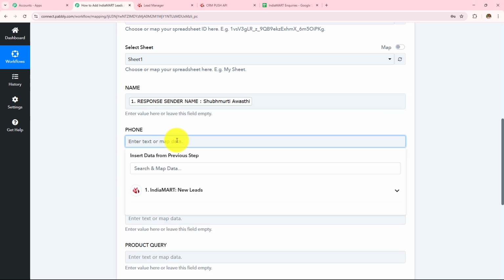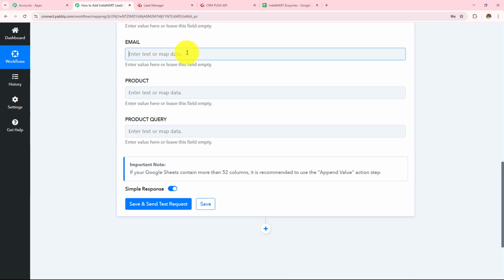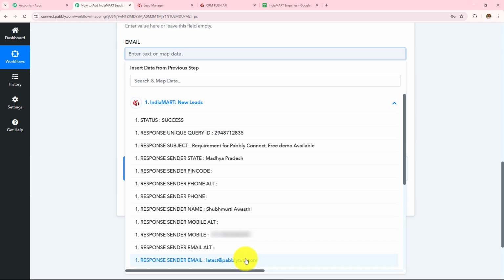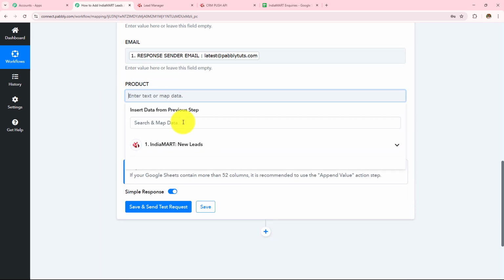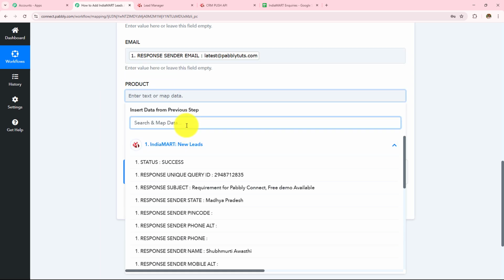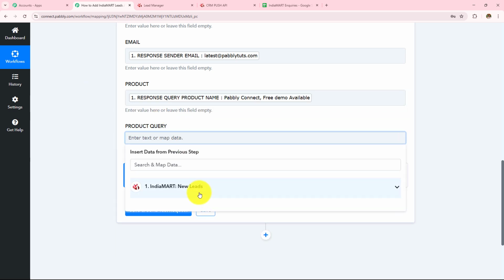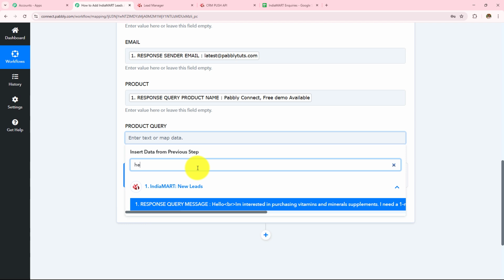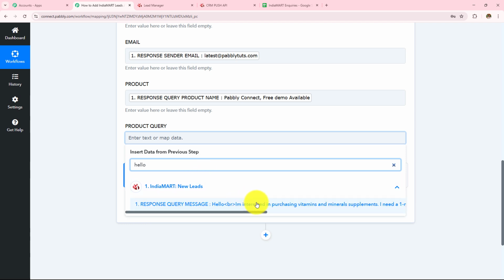And then I need to enter the phone number. So the phone number was this. Then I need to enter the email address, and the email address that I have received in the response is latest@pabblytudes.com. Then I have received the product name as Pabbly Connect free demo available. And then in my product query, I have received the query as, hello, I am interested in purchasing vitamins and